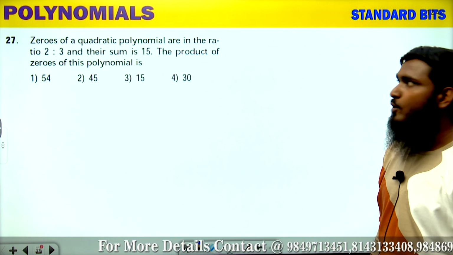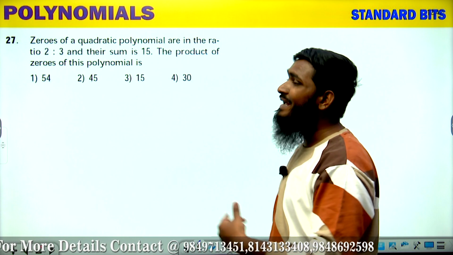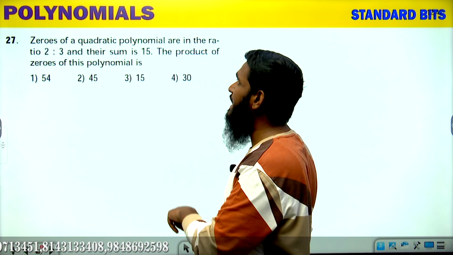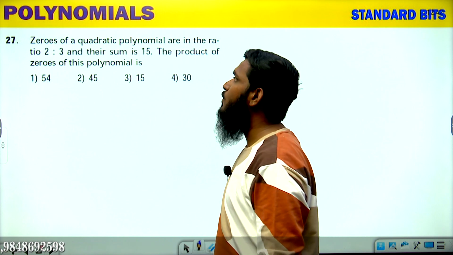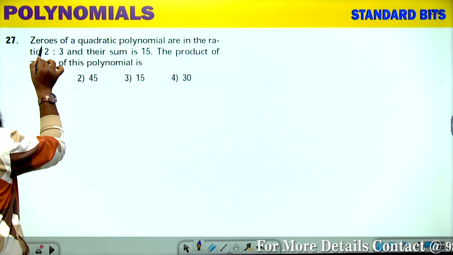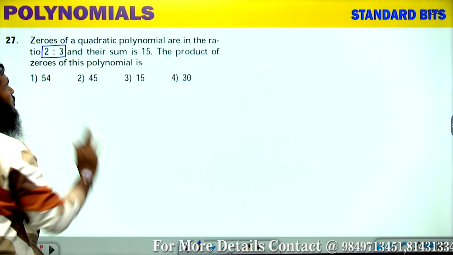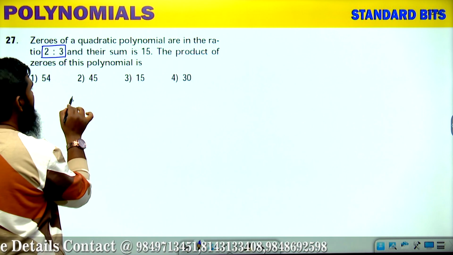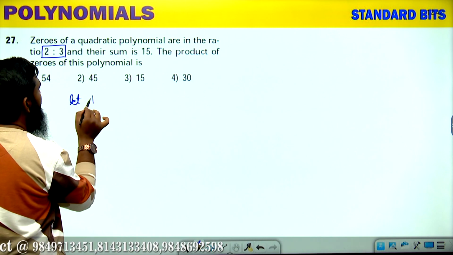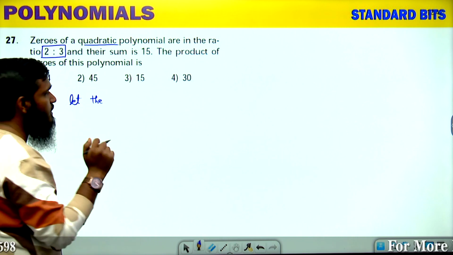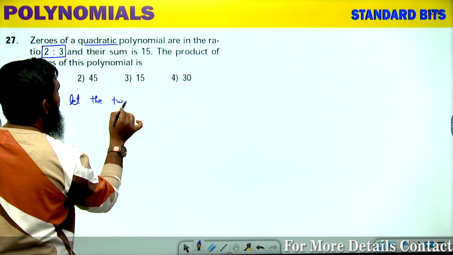Now next question. Zeros of the quadratic polynomial are in the ratio of 2:3. Ratio is given over here, 2:3, and their sum is 15. Then the product of the zeros of the polynomial is. Now listen carefully. This is an important question. Whenever we are having the ratio, how we have tried this part. So now let the zeros be, how many zeros for quadratic polynomial? 2 zeros. Let the 2 zeros